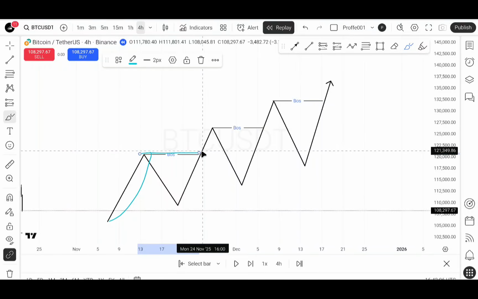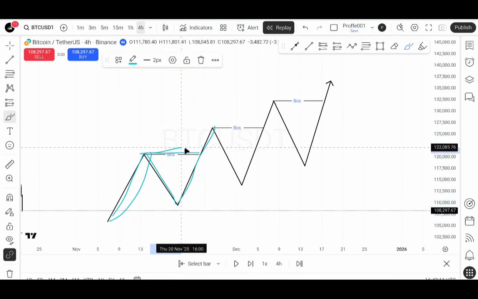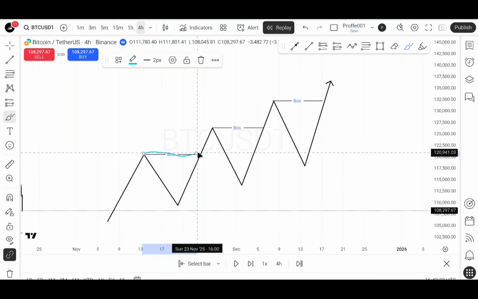And what makes a break of structure valid? When you see an expansion, you see a pullback, you see another expansion. This place here becomes a break of structure. Mind you, everything that I am going to be teaching you in this line, we are going to carry every detail from here, apply it to the live market, backtest it, and then see how it works. Now let's get there. So once you confirm that you have a break of structure, you have confirmed from the very first moment